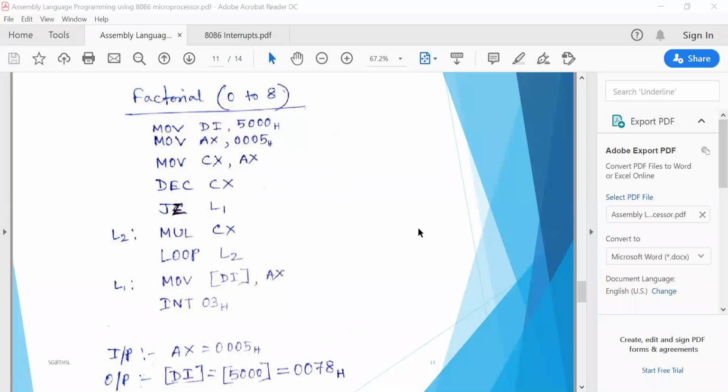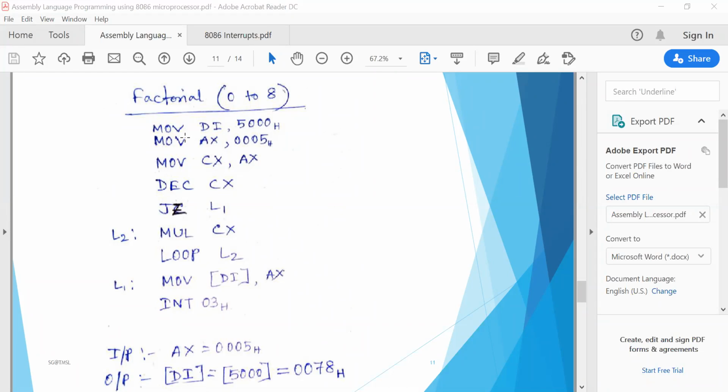So that's why you have to apply this logic only in case of 1 to 8 numbers factorial. If you want to find out factorial of 1 or 2 or 3 or 4 or 5 or 6 or 7 or 8, you have to apply this logic. Otherwise you have to implement different logic to find out the factorial of 9, 10, 11, 12, so more than 8. Okay, so this logic cannot be applied to the number which is more than 8. Why? Because I have not considered here the carry. Okay, so I have taken the small numbers.